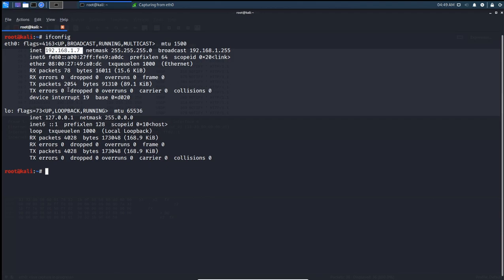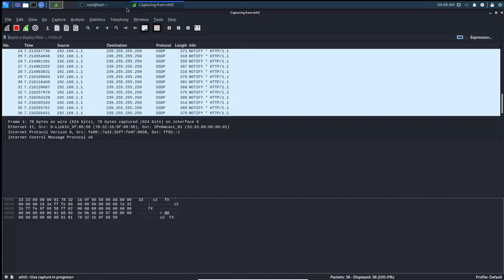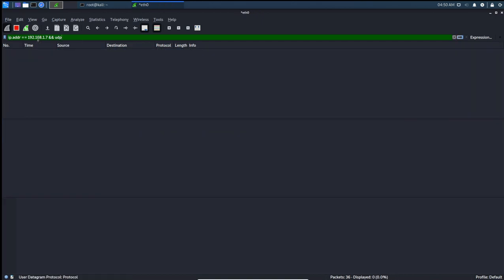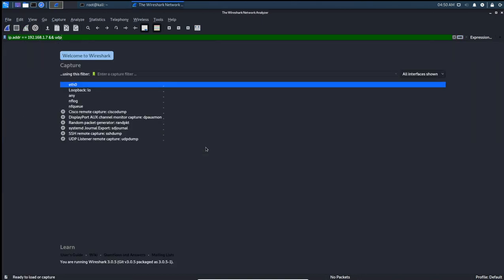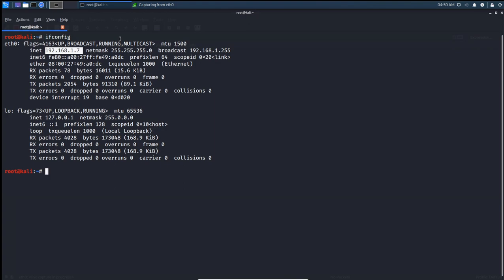So let's check if any ports are opened on Kali Linux or not. I am adding filters to this, and I want to monitor only UDP traffic. Restarting Wireshark. Here -sU with capital U is the flag to check whether the UDP ports are opened or not.